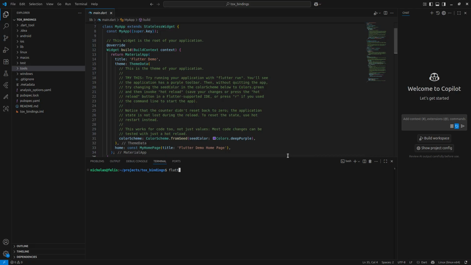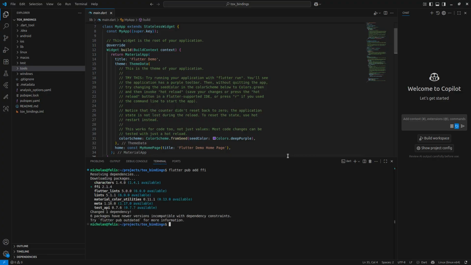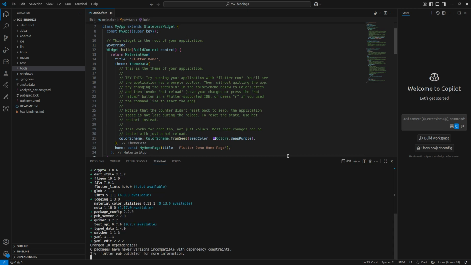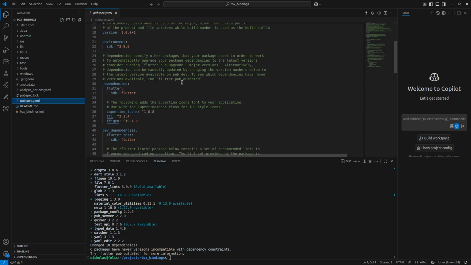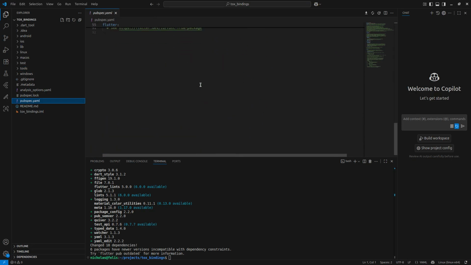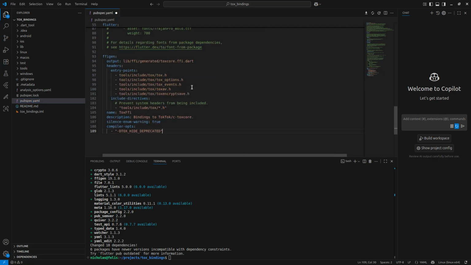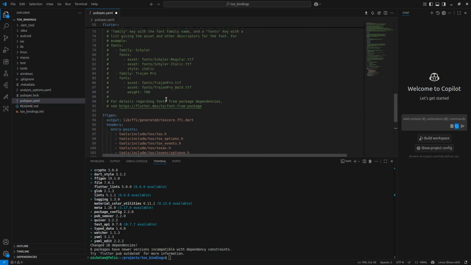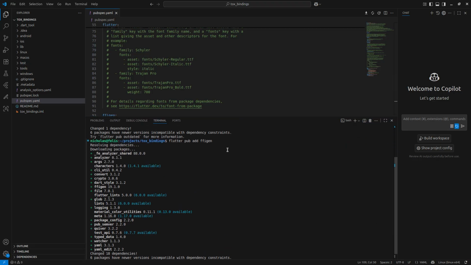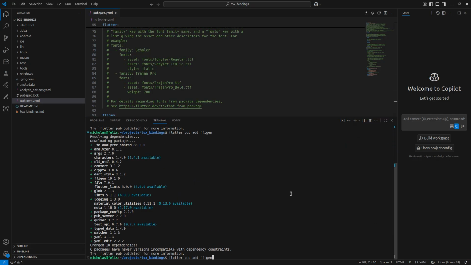Flutter pub add FFI, and now FFI gen. Excellent. And now pubspec YAML. There's where I added it. Now we can drop this in at the bottom the way they did. Looks fine. Okay, now my question is, can I just run, let's see if we